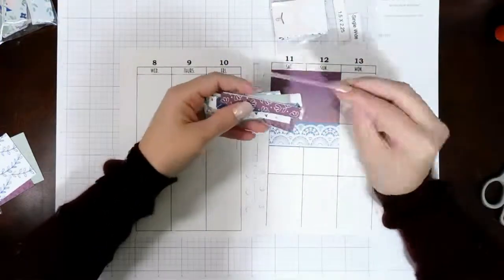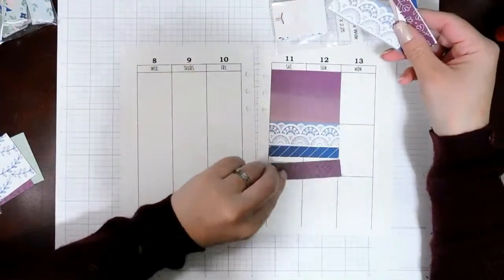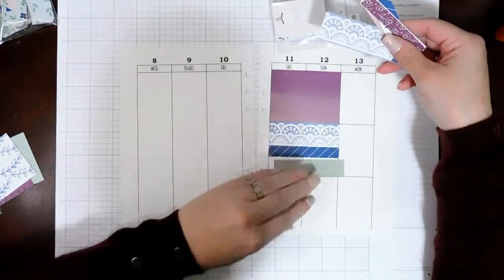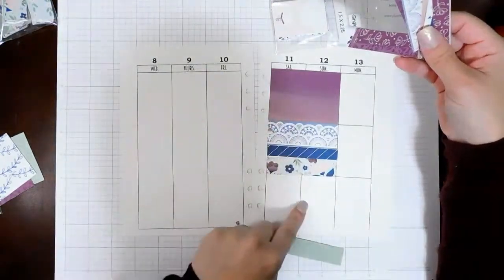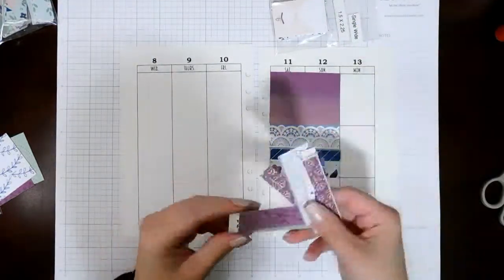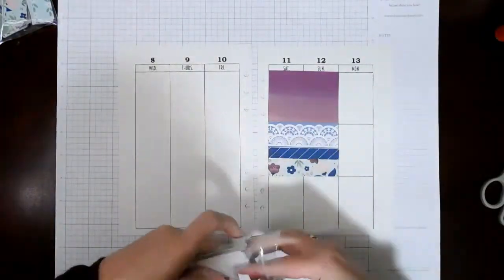So right now I knew that the weekend I generally don't do a whole lot of paper crafting work. So I do housework and I do outdoor work, but I don't do work on the weekends. So I did decide to just kind of cover the weekend up and make it look pretty. And I just went through my double box